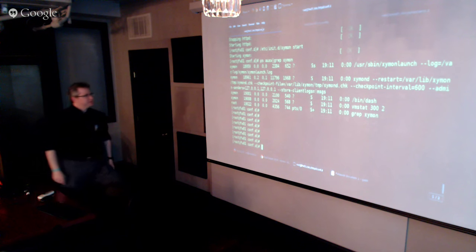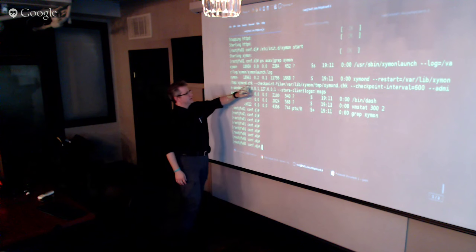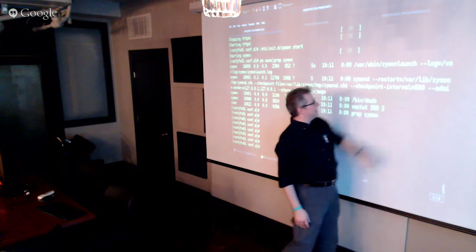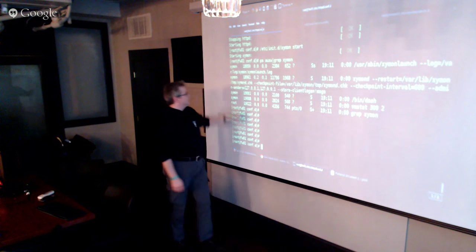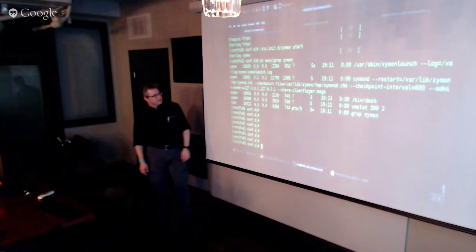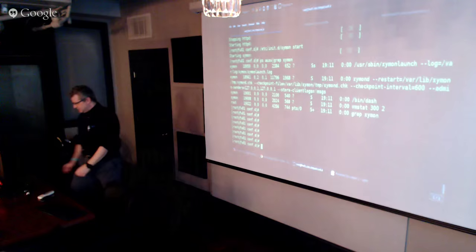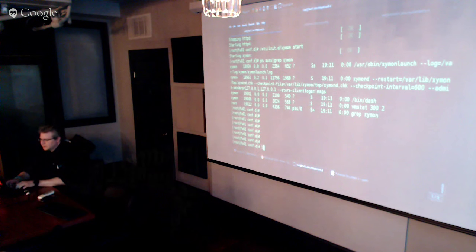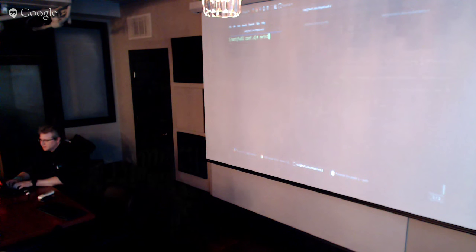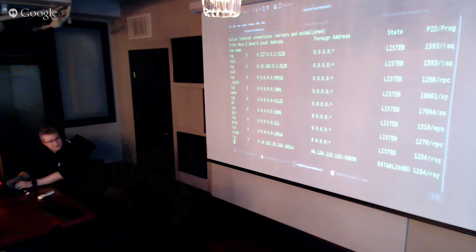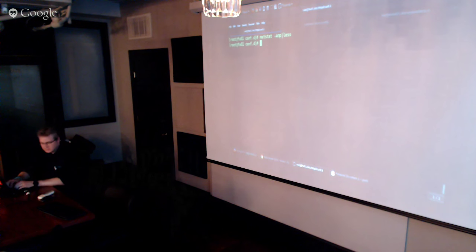So it's doing something. It's running. Putting stuff in var lib xymon. There's a log, client logs, senders. If we check netstat, 1984, right in the middle.